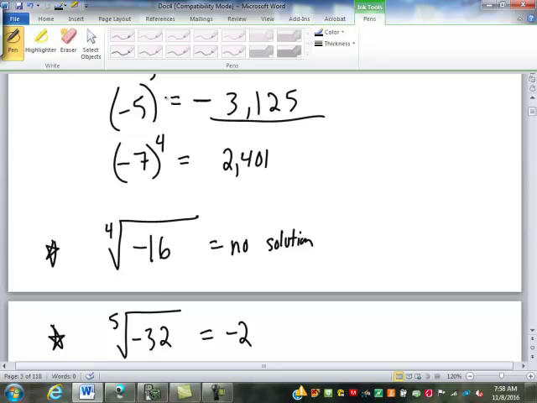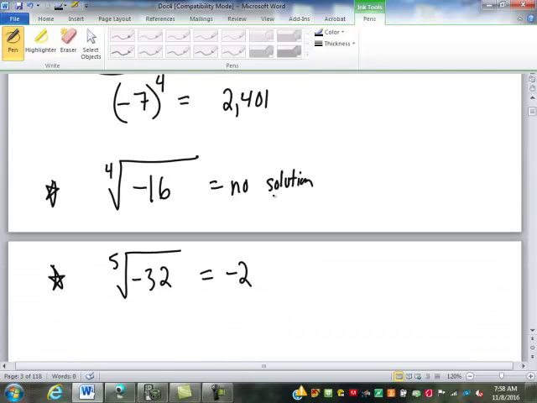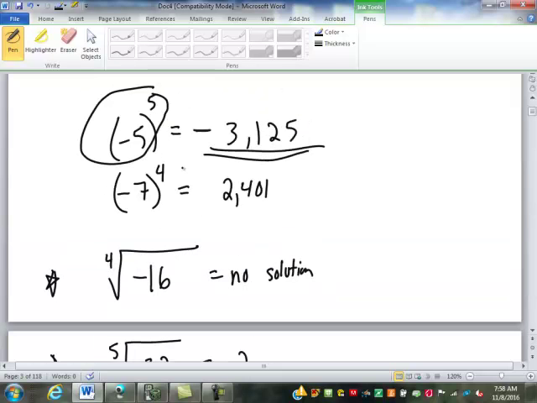Remember up here we said if we have an odd power, we'll get a negative answer. So this is saying what number to the power of 5? That's an odd power. So if we start with a negative number, we can end up with a negative number. But we said when we have an even power, we will always have a positive answer, no matter